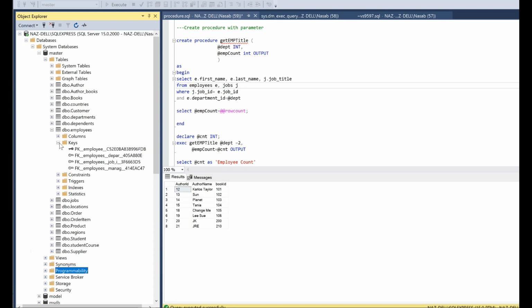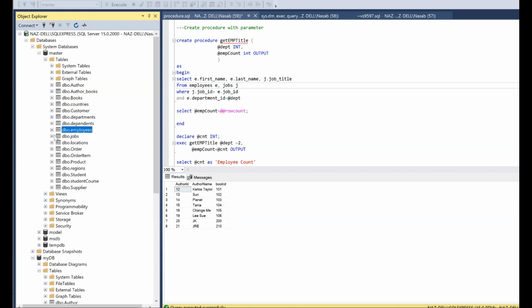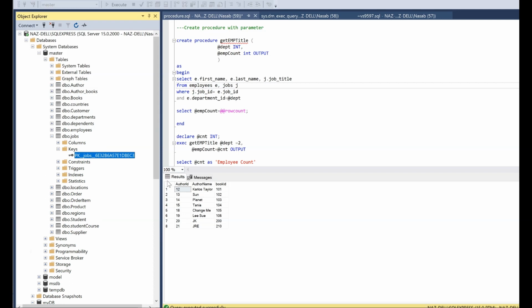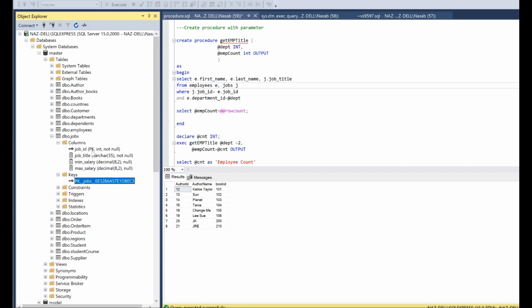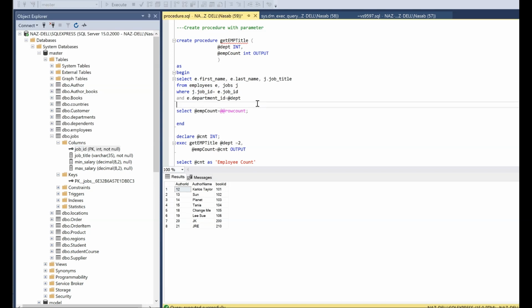You can see here, this is a foreign key, and if you go to the job, you will find the job. So this is called the primary key. So in this way we are joining without using any inner join. It's just a simple join, and then